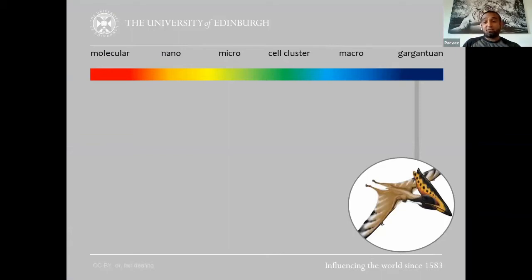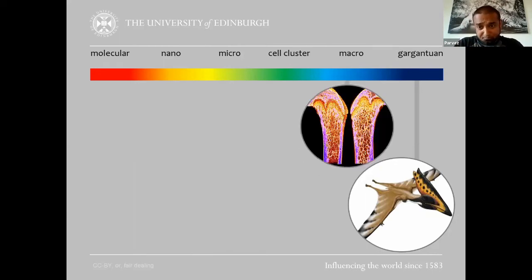Whereas typically fins on rockets and planes are put at the back to stabilize flight, of course they can't turn as quickly when the fin is further at the back. So pterosaurs circumvented that problem by having their fins at the front, right on the top of their heads. At the macro length scale, a good example is trabecular bone, which is a crisscross